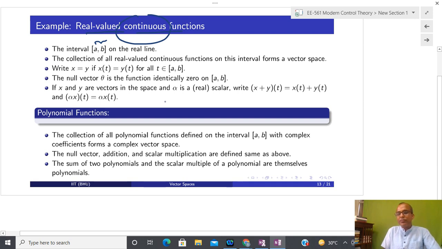Okay, and what is the meaning of the zero function? That is zero identically between this interval a and b. Since I am talking about all real valued continuous functions, real valued means that we have some kind of independent variable, we couple it with some rule, and whatever comes into the picture is the output of this particular function. If this output is real, then this is called a real valued function. I hope that you are able to understand this definition.